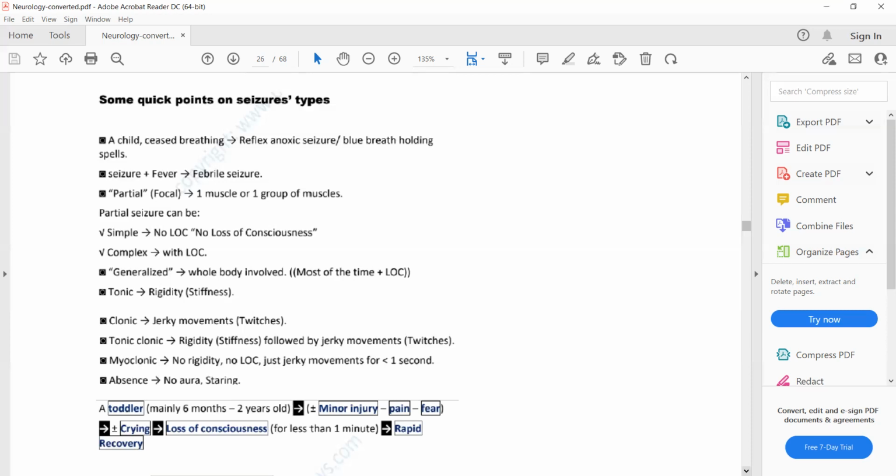And what are absence seizures? Absence seizures are seizures in which there is no movement at all, no tonicity or jerky movements of the body. They are common in children. The children will just stare blankly into space without blinking, and the seizure may last for 5 to 10 seconds. A post-ictal state may also be present in absence seizures.